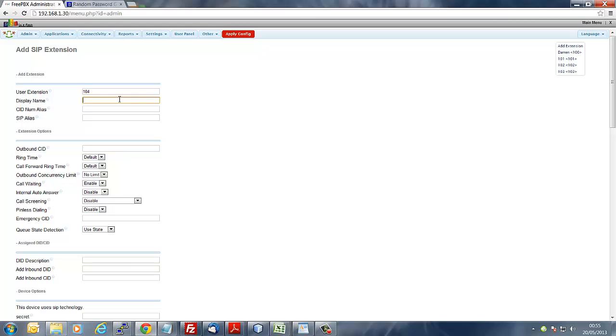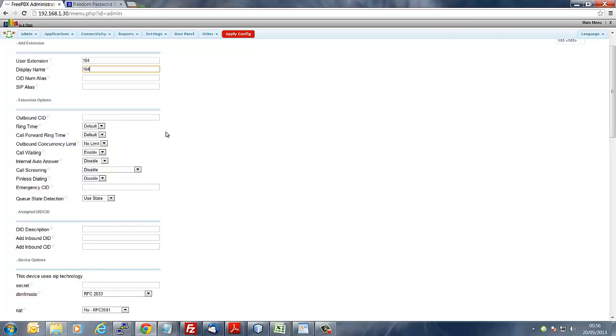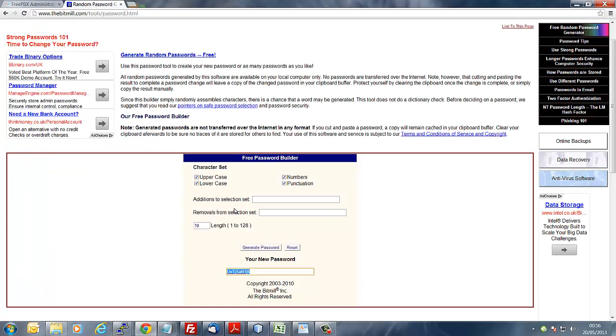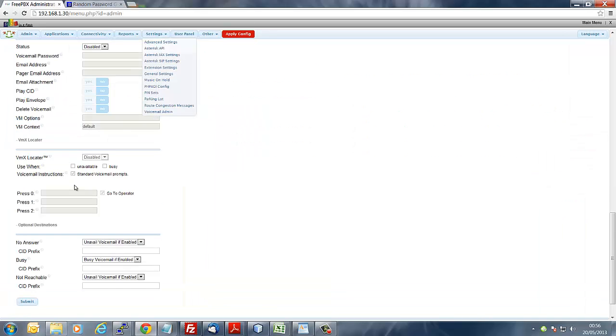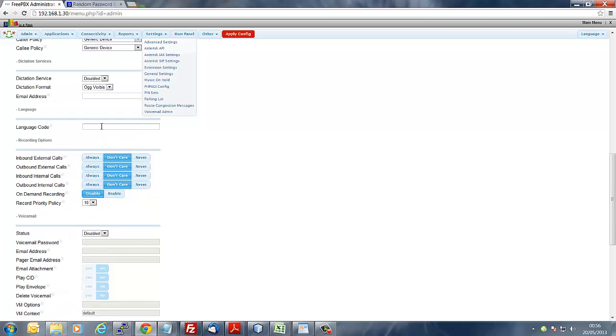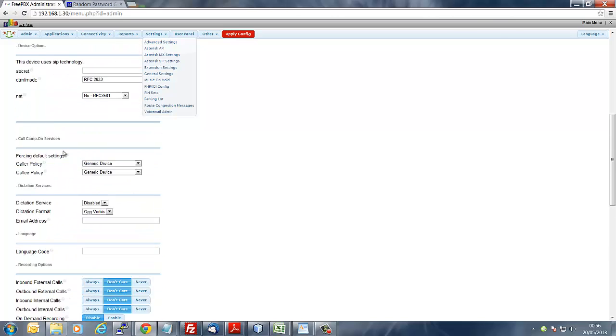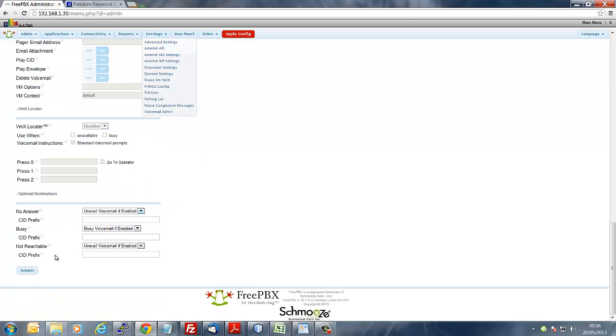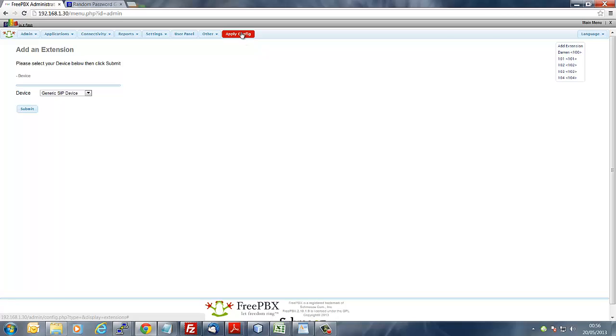So this has given us 5 extensions to play with. And I tend to find that if I'm doing them in bulk, this is the easiest way to do them. Just get them on the system first and then come back later and refine them. We can add our fancy bells and whistles. Where's that secret gone? And now hit the apply config,